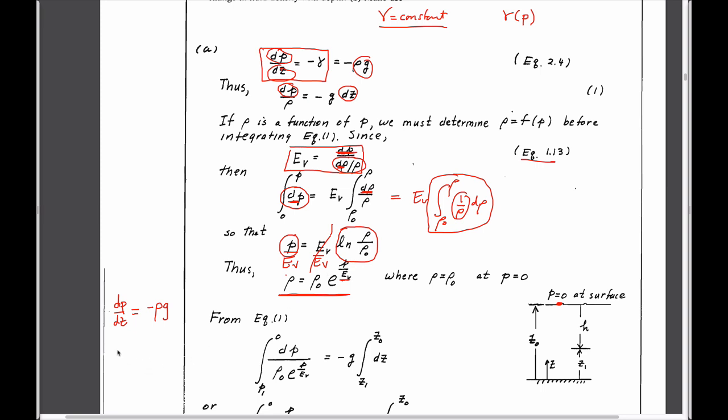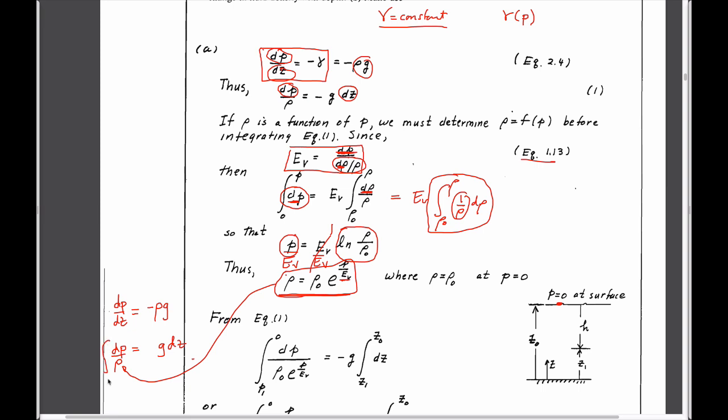We can rearrange that to give us change in pressure is equal to, taking the constants on the right hand side, gravitational acceleration times depth, and we take density onto the right hand side, and we know that the density is given by this expression here, so we can put that here, and then we can just